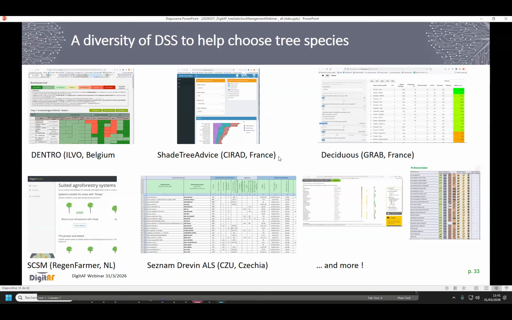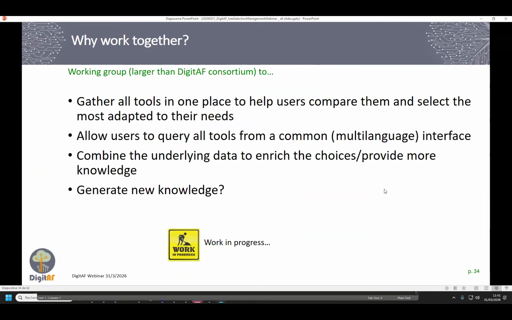Dentro was one example of a tree selection tool, but actually there are several tools that were developed independently in different countries. And so our question was, is it possible to, instead of working separately, work together to create a working group to gather all tools in one place to help the users compare them and select the one most adapted to their needs, because they all have their own specificities.